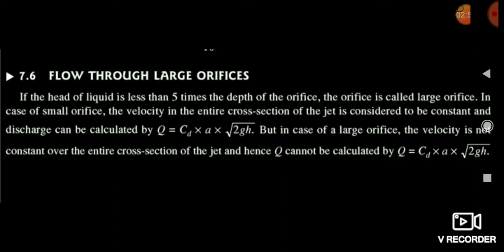But you have to understand that there are two types of orifices, because when the orifice is large, it behaves like a circular pipe, and only when the orifice is small can we apply the H to the power 3 by 2 relation. आपको ये डिफरेंस याद रखनी है. जब हमारा लार्ज ऑरिफिस का केस होगा तो फॉर्मूला होता है एरिया इंटू वेलोसिटी इंटू कोफिशिएंट ऑफ डिस्चार्ज CD. Area is A, and velocity, I think all of you know, is equal to root under 2gh, and CD is our coefficient of discharge. This is only for the case of large orifices.